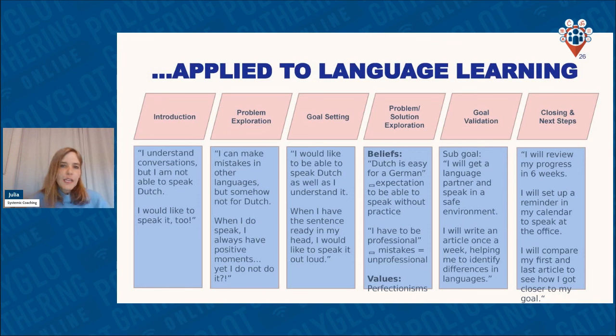And to make it accountable to myself, I decided to review my progress in 6 weeks. I set a calendar reminder. This works well for me. Maybe some other things work for you. To actually speak at the office, I imagined very clearly where and when. There was a coffee bar where I went every day. And the lady didn't speak a lot of English, so she also wanted to chit-chat. I never chit-chatted with her, but she did it with everyone else. So it's like, okay, this is the perfect situation to actually get into speaking.